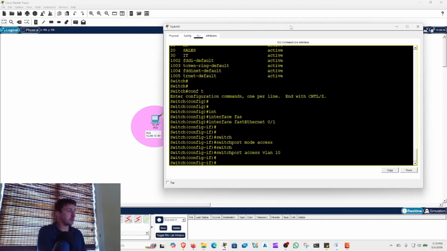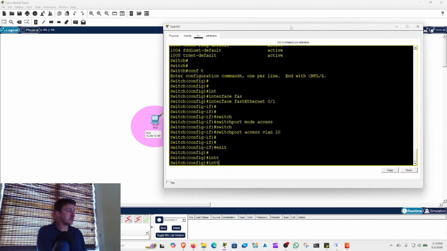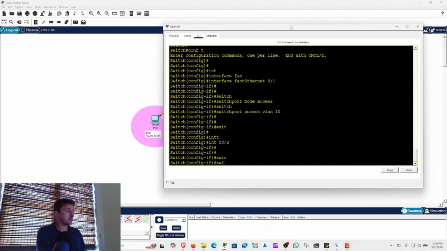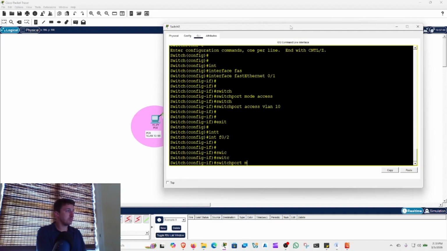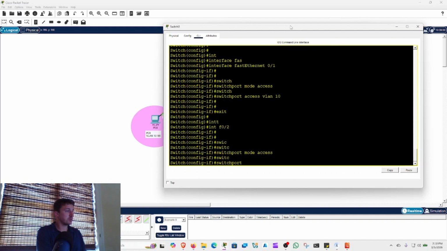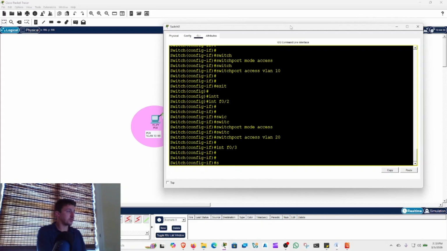Okay, so let's go back, exit. I'm going to go into the next interface. I'm going to do the abbreviation interface f0/2, switchport mode access, switchport access VLAN 20. And let me just go ahead and do the same thing for VLAN 30. So switchport